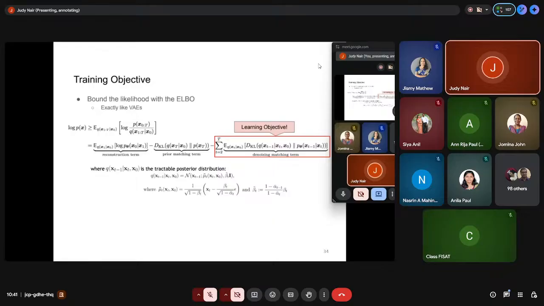If you look at the learning objective, the denoising matching term, the entire reverse process becomes a product of the transitions, with a normal distribution N of 0, I, that is, a mean of 0 and a variance that is mostly fixed. Okay, so this is how it generates the value.